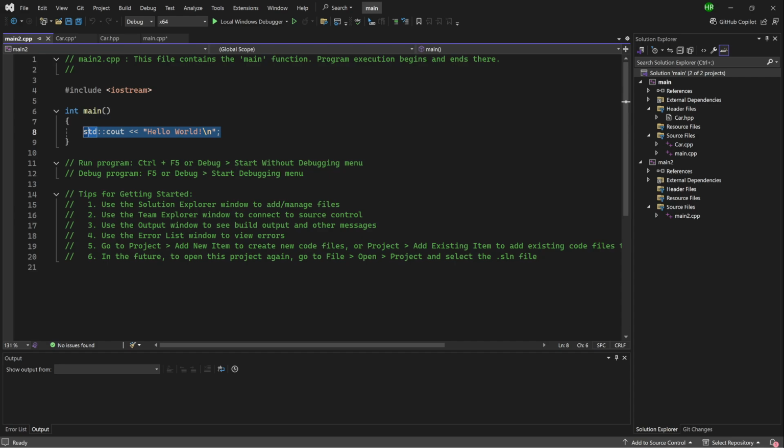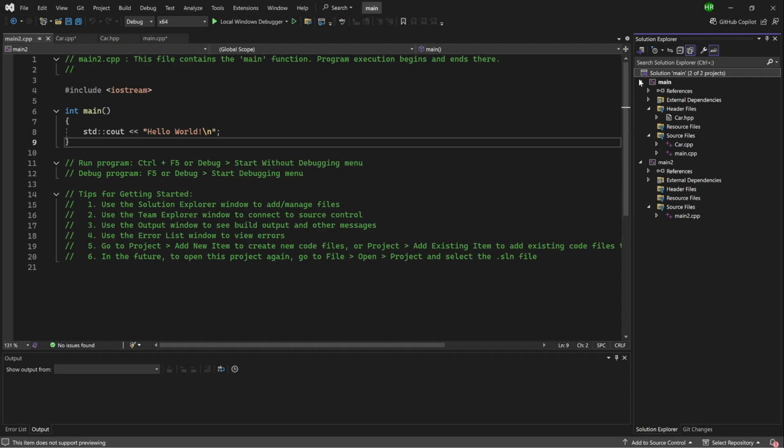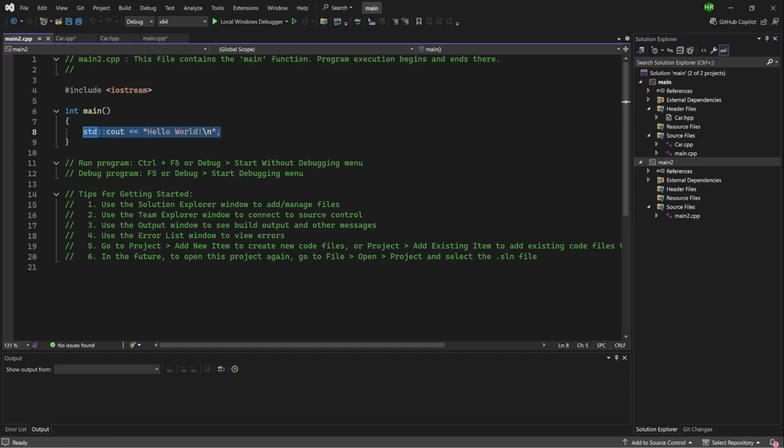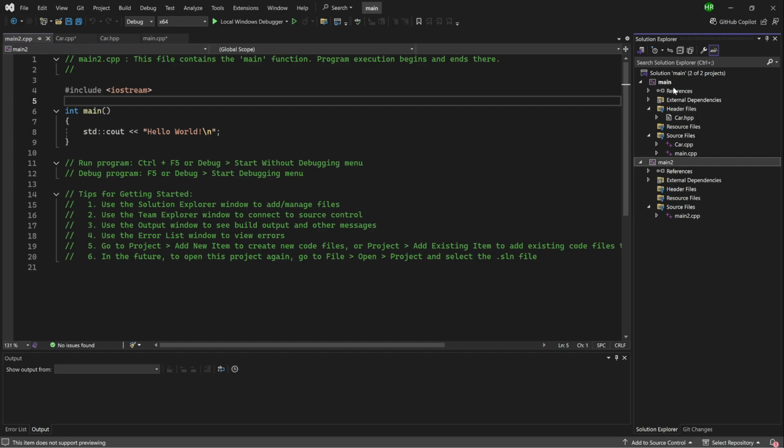But yeah, so now we have two of these. We have main and main2. These are two different projects, meaning that you can have another main function or main file in here. They both can, I don't know if they can run at the same time. Technically, I'm pretty sure they can. But in order to be able to run the second one, because by default, you wouldn't be able to run it,